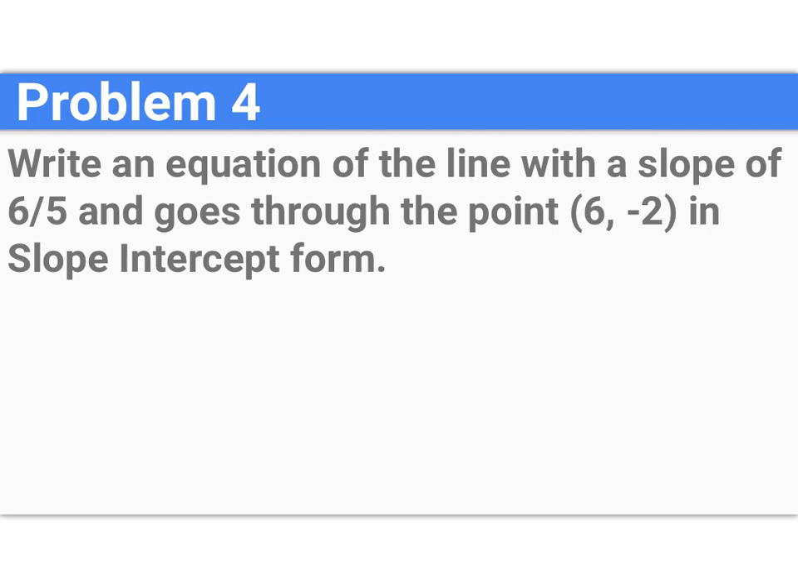Okay, so write an equation of a line with slope of 6/5 that goes through the point 6, -2. So this is your change in y, and this is your change in x. Now we can draw it, and it goes through the point 6, -2. We're going to try it by drawing it, and we're going to do the math. So if we call this 6, and we call this -2, we're right here. So now from 6, -2,